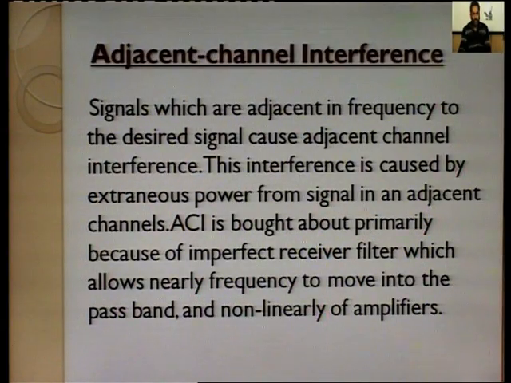It is caused by the frequency of the signals of nearby cells, by the extraneous power from signals in the adjacent channels. ACI, adjacent channel interference, is brought about primarily because